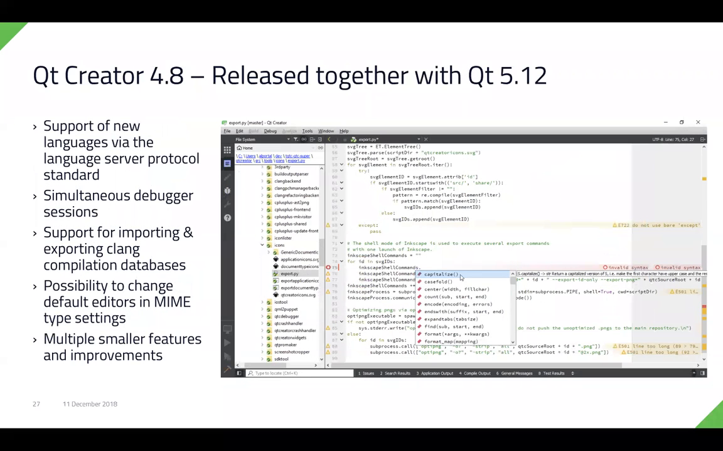Then in Creator 4.8, which was released together with 5.12, we added support for new languages using the language server protocol standard. This is quite a big thing. It might not sound very interesting or very big, but it actually is, because the language server protocol standard already has support for a really large number of different languages. Here in the picture you can see SVG